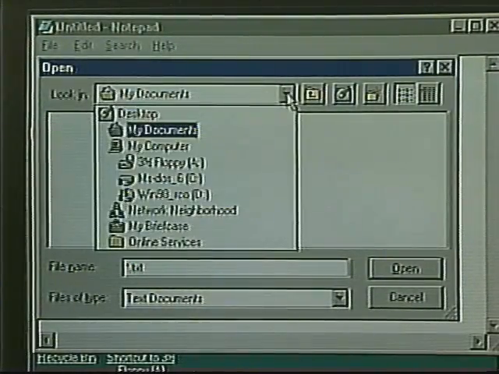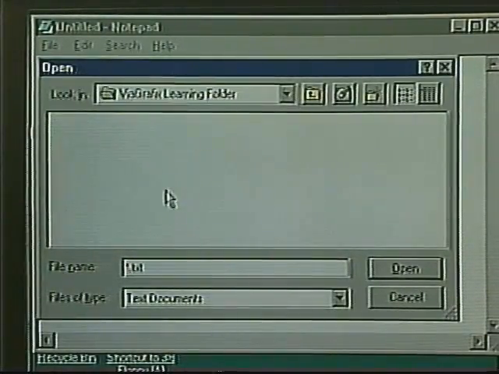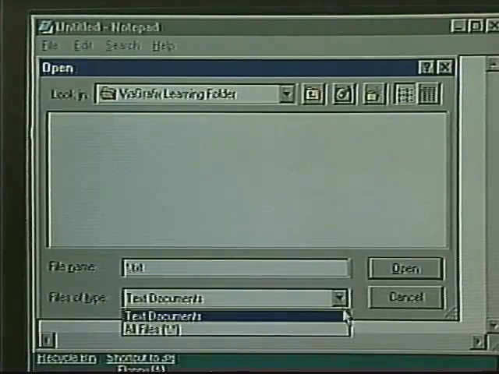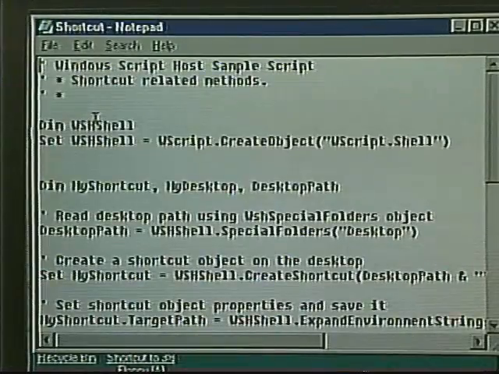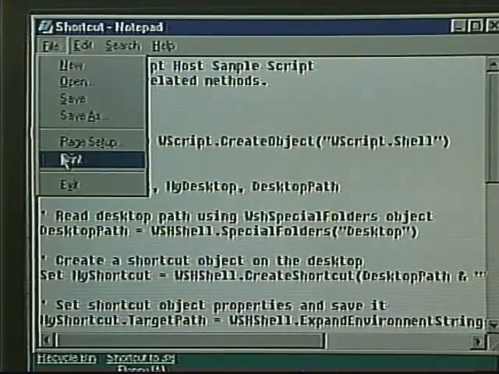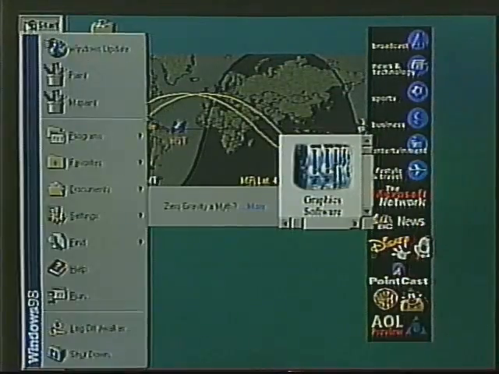We click the drop-down arrow for Look In, select Drive C, then double-click the ViaGraphics Learning folder. Now we can change the Files of type to All Files, then double-click Shortcut. This is a Visual Basic script that will create a shortcut to Notepad and place it on our desktop. Let's close Notepad, and to run the script, we select Start,